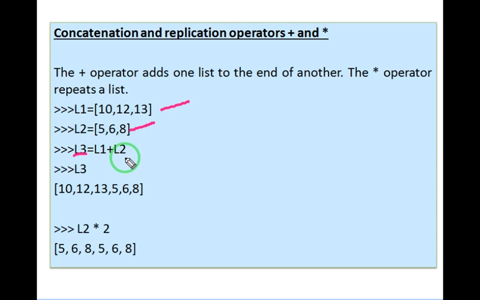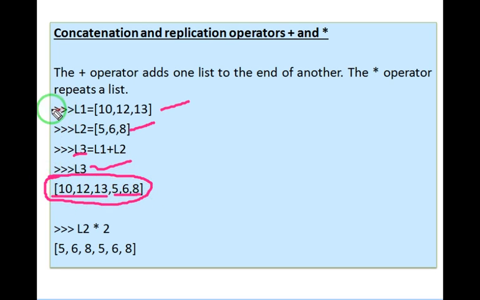This will concatenate or join the values of L1 and L2. You can see 10, 12, 13 are from L1 and 5, 6, 8 are from L2.